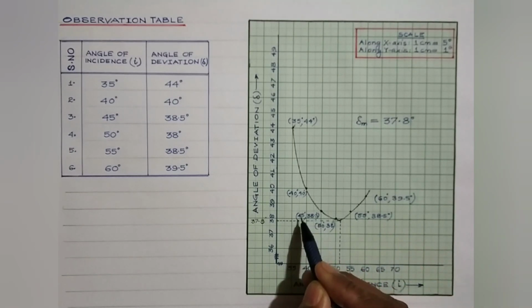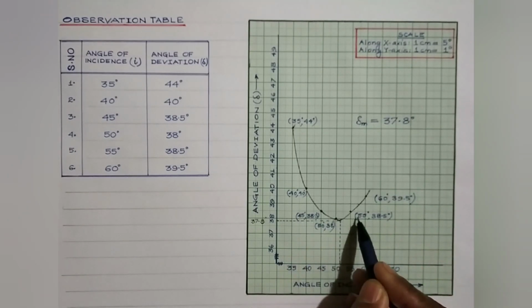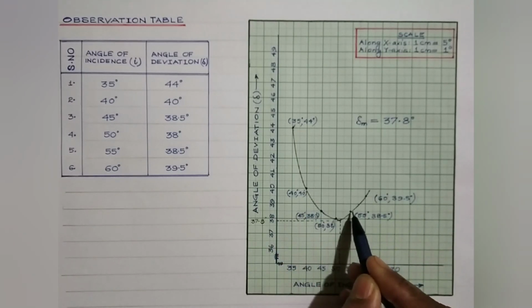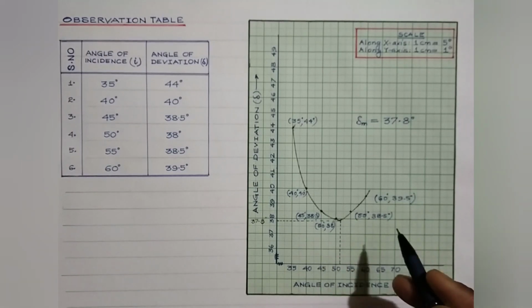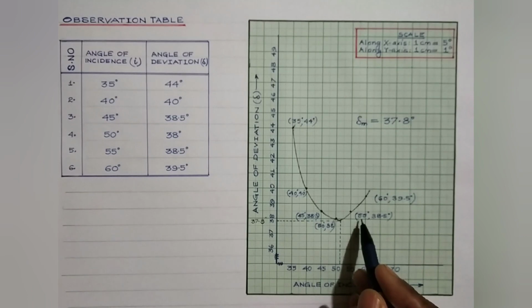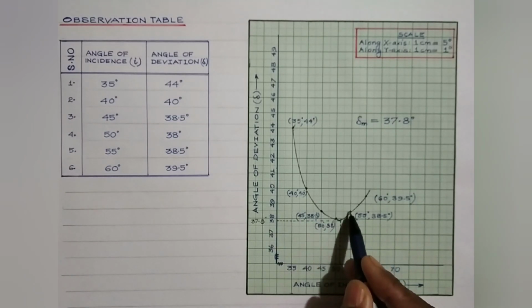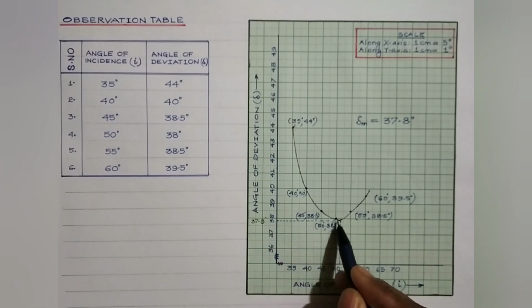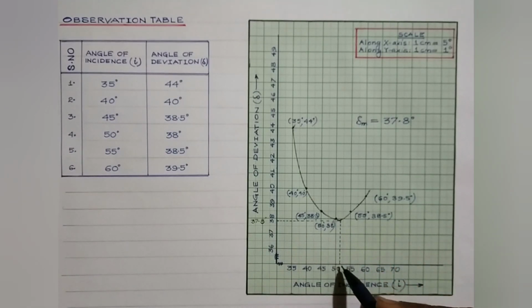So corresponding to angle of incidence of 45 degree and angle of incidence of 55 degree, we have got the same angle of deviation. So students, again I repeat, there can be two different values of angle of incidences for a given value of angle of deviation. But corresponding to del m, which is the minimum deviation angle, there can be only one unique value of angle of incidence, right? So now students, we need to determine the value of refractive index of the material of the